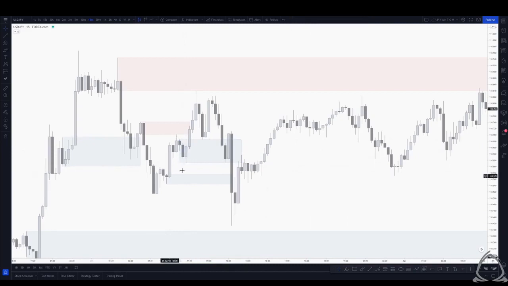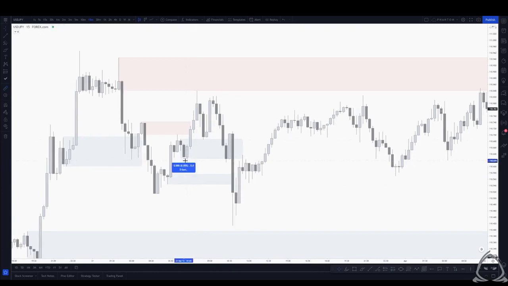Now, if we have an instance where there's a lower wick on the next candle, I like to also include that, because what ends up happening is if you only draw your zone to this point, and what you'll learn in entries is we start to put our stop losses based on the way the zones are positioned, and if we have our stop loss sitting here, the chances of getting stopped out end up being a little bit more increased, and we want to make sure that we're including the entire range of a particular zone,